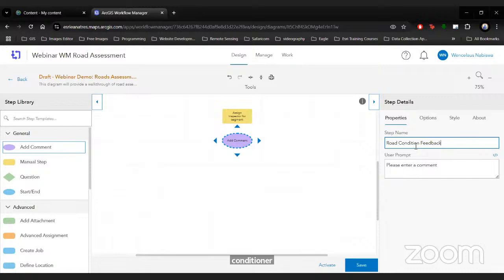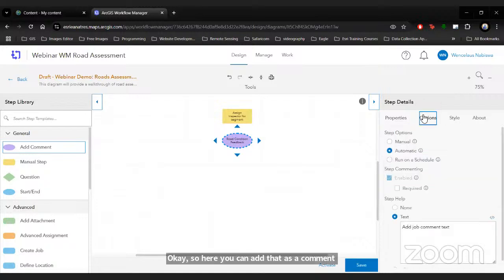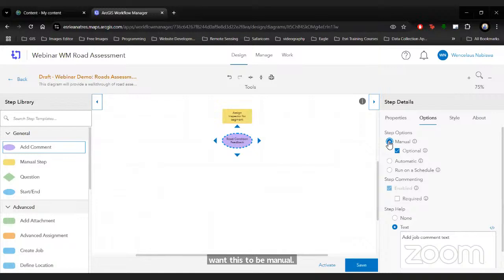And for this, we can come here and tell this person to provide some feedback on the road condition. Okay, so here you can add that as a comment, and then under options, you probably also want this to be manual,